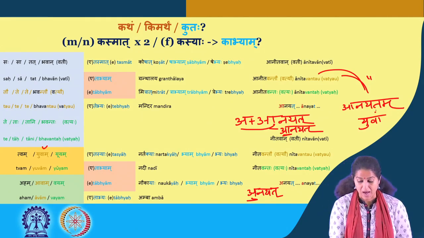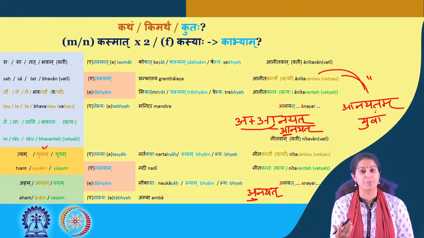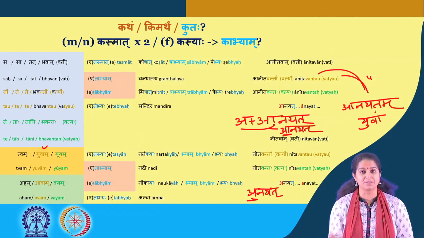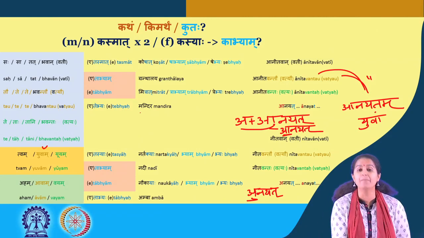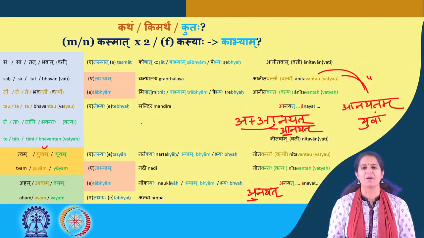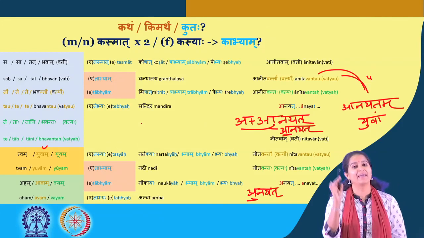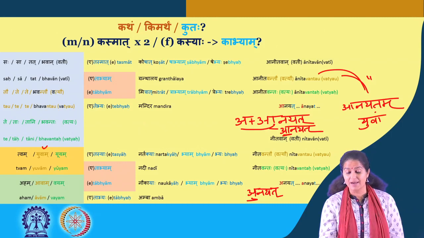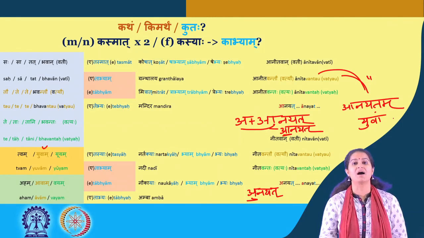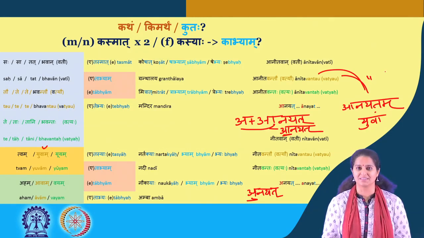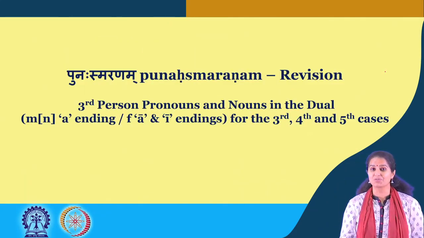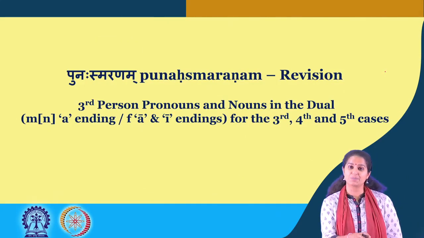So yuvam anayatam. Kim anayatam? Pushpani. From where? From these two temples. These two would be etabhyam and mandirabhyam. So yuvam etabhyam mandirabhyam pushpani anayatam or anitavantau or anitavatyau. Uttamam. So having said that, we come to the close of this particular area of these particular cases of the